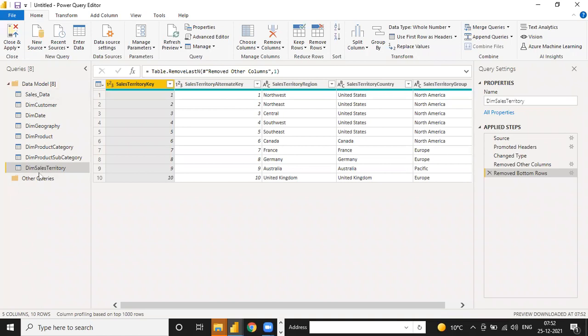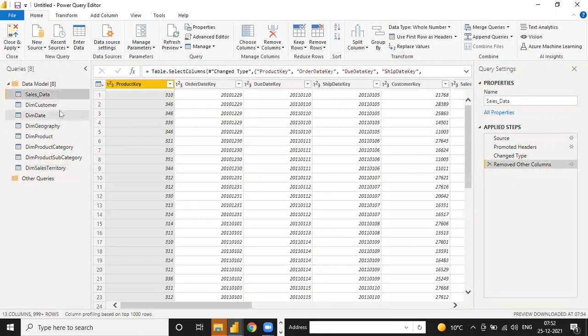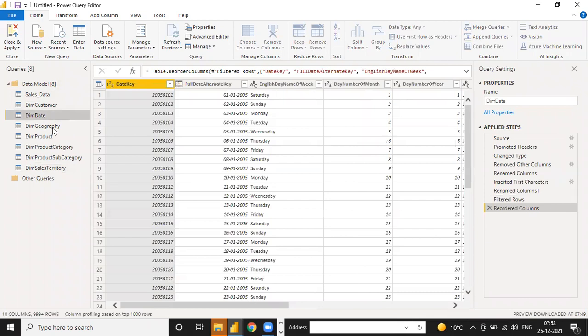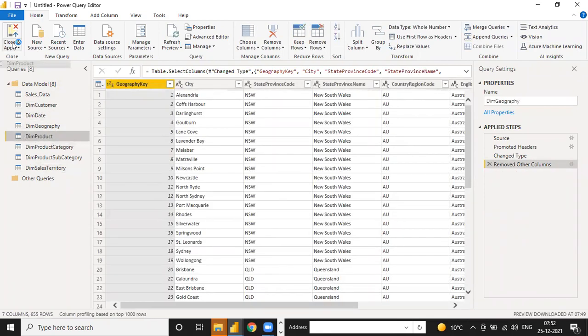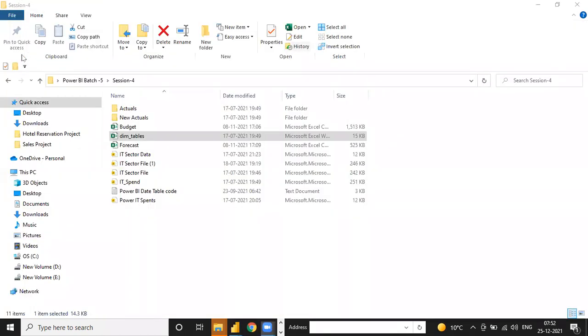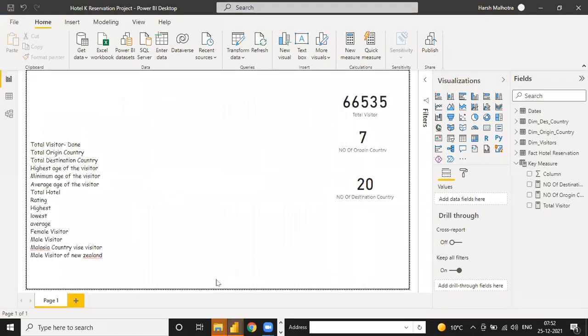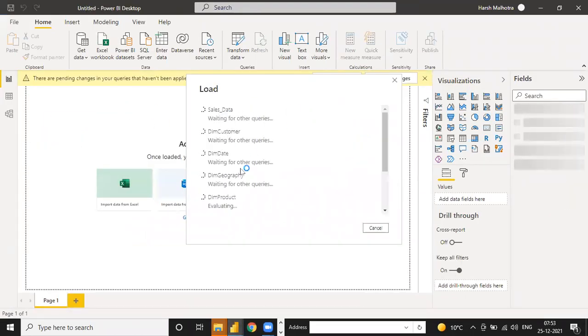So the complete file is ready in your Power Query. Now any formatting if you want to do, you can do formatting like any other column. If you want to remove, you can remove. Otherwise, as per me, complete formatting is done. Complete query editing is done for this file. And now the final step, just close and apply the data. If I move into this file, so now my first part is done for this data.